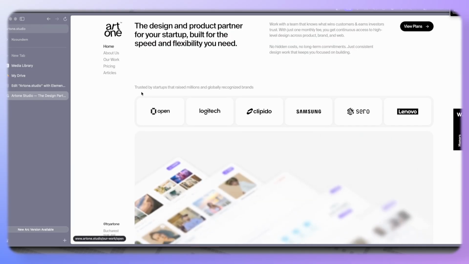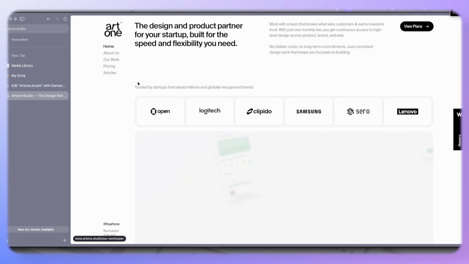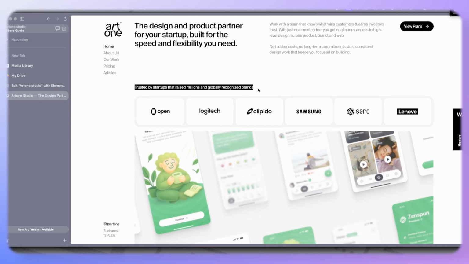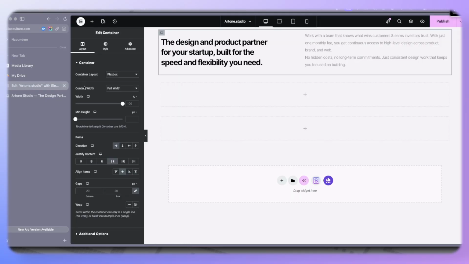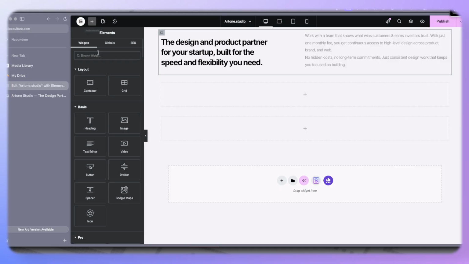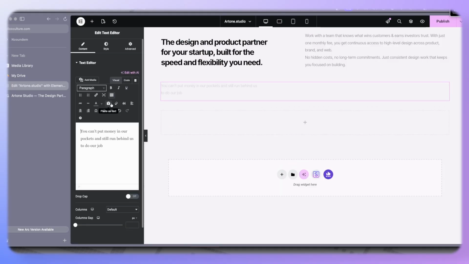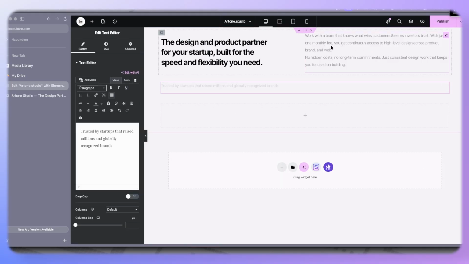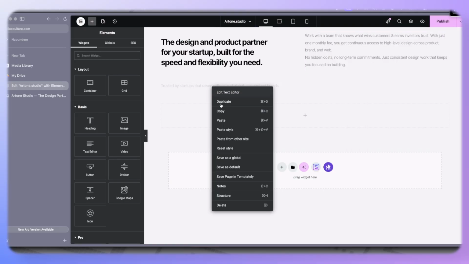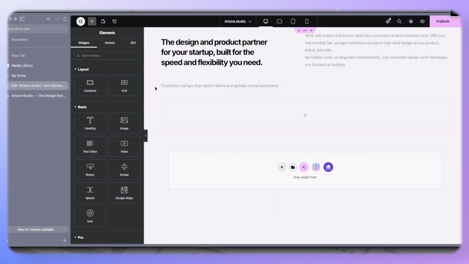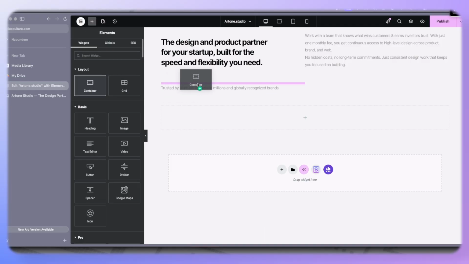The next one is these logos. So to do that, they have to be inside their own container. So copy this text inside here. We're going to add a text editor and replace the value with this. Copy the style from here and paste style. Paste just the style. The next thing we're going to do is we're going to add a container inside here